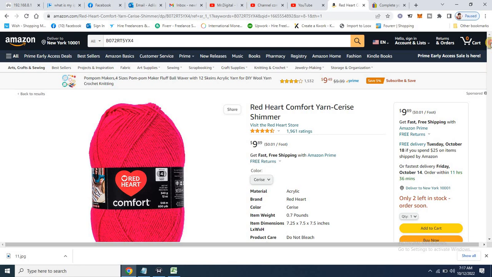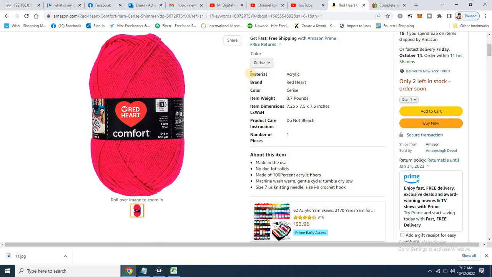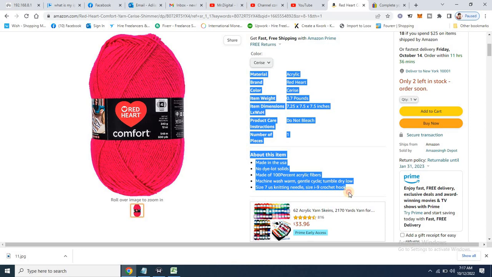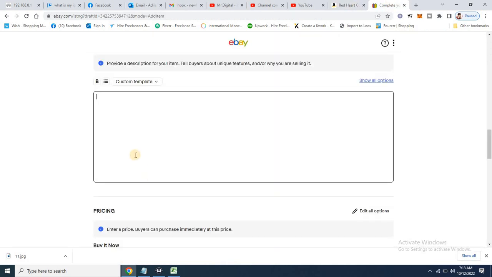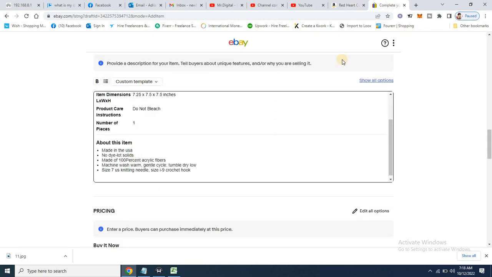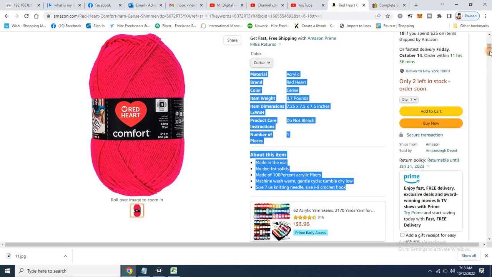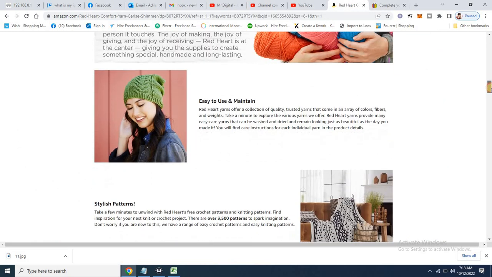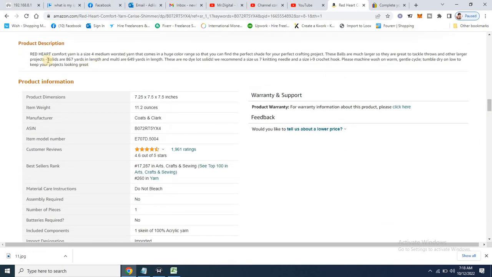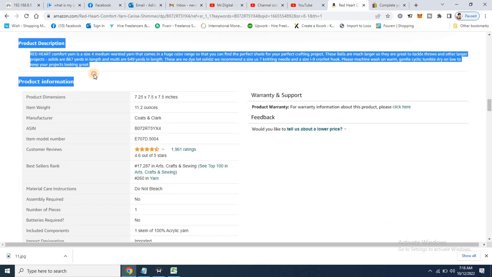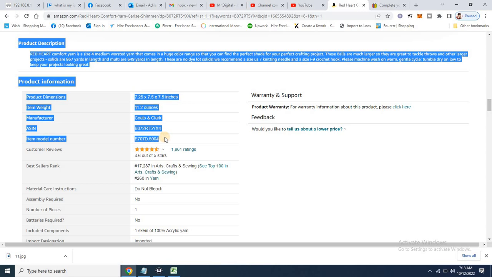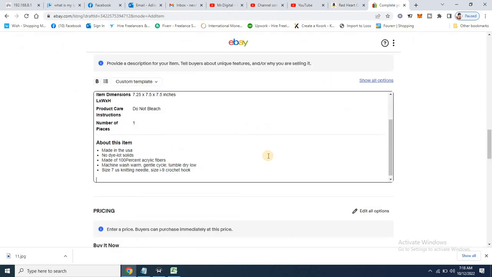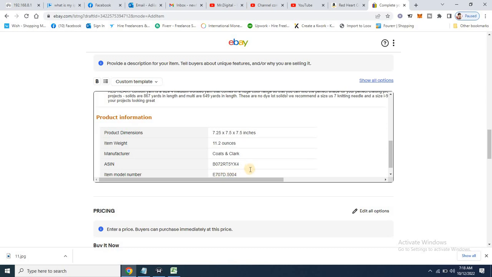of the product from where we want to collect the information for the product. Then we will copy the information for the product and paste in this description bar, and if we want more description then go down and collect the description that you want to add. So here it is, and we will go down and paste it here, and if there are some unwanted things then we can delete or remove the unwanted things from the description,